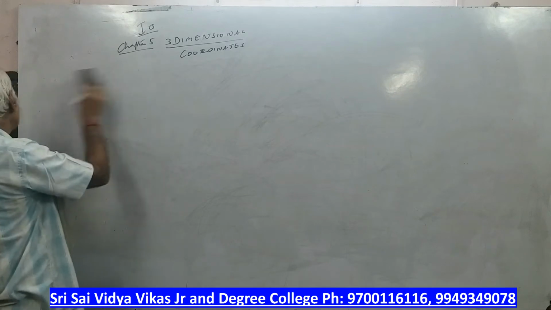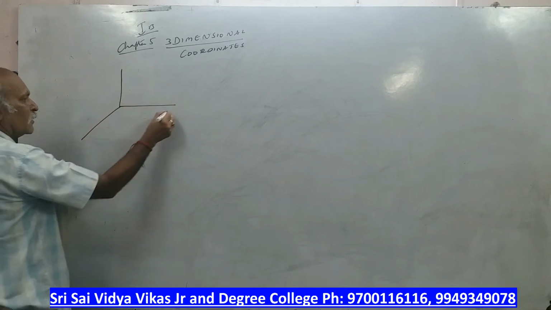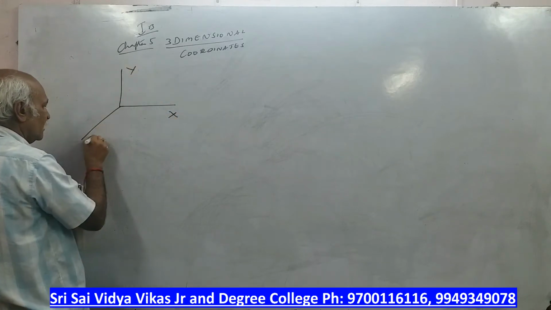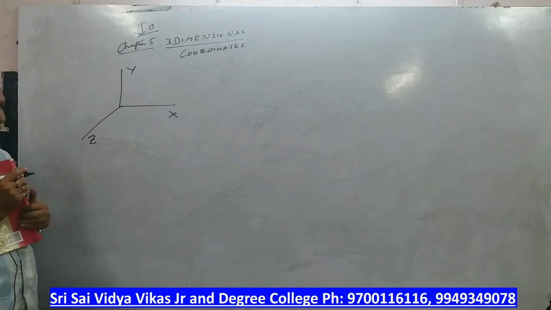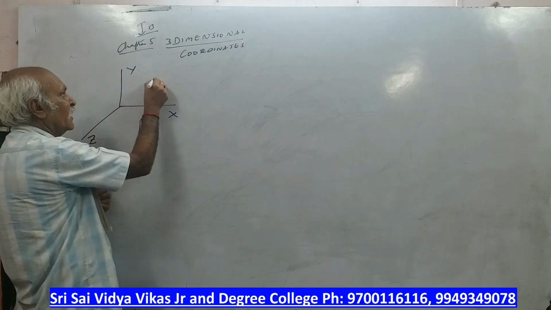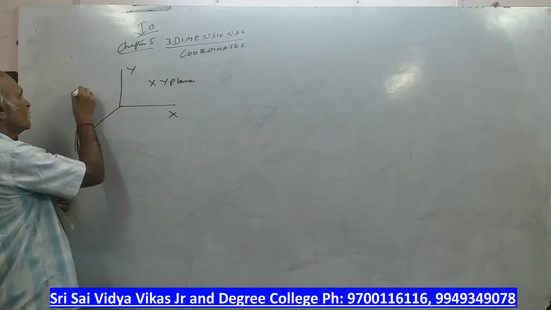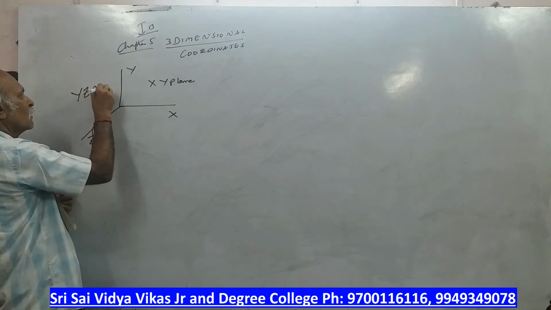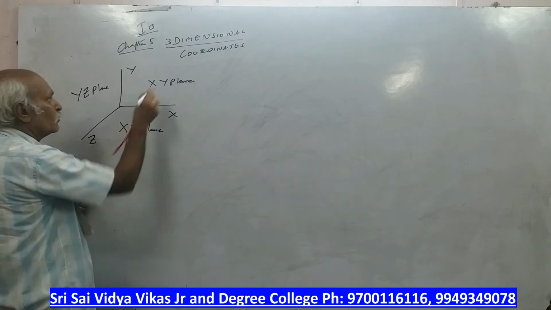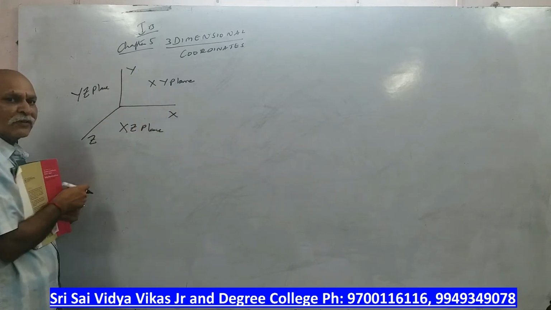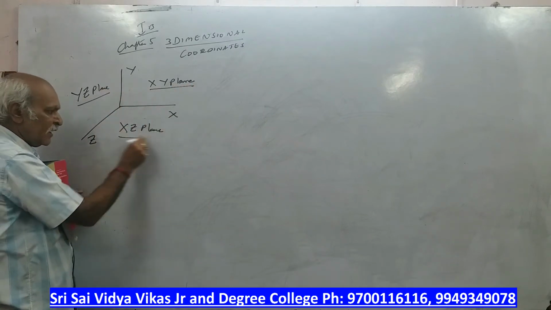But what is the three-dimensional? It is x, y, z. Alright? It is x-axis, y-axis, z-axis. So this is what we say xy plane. Okay, here yz plane. This is xz plane. So two axes are coming. We say xy axis, but here it is called xy plane, yz plane, xz plane.